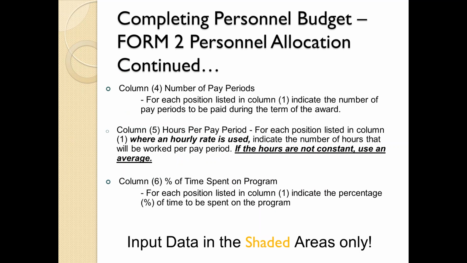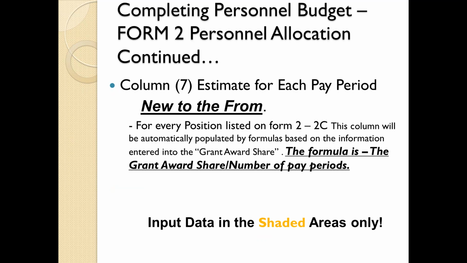And again, that's the time this individual is going to spend on our program out of his whole day or year. And then this is, as we said, new to the form: our column 7. That's our big column. We make sure that we can actually do the math when we finish. When the form is finished, if we're saying we're going to be paid 6 times during our program year, we take that 6 and multiply it times column 7 to make sure that it does equal the total grant award, column